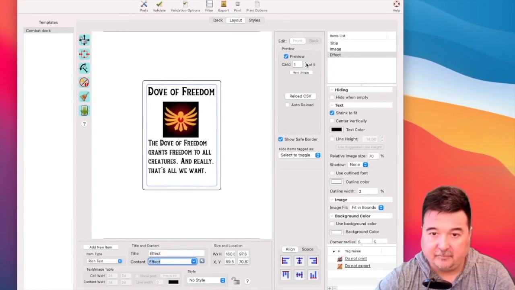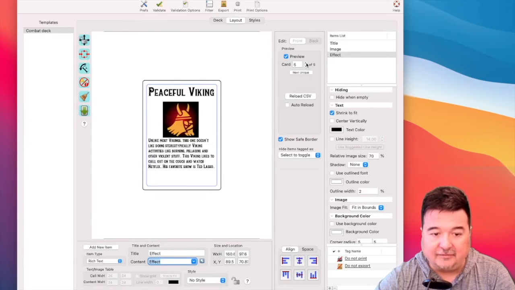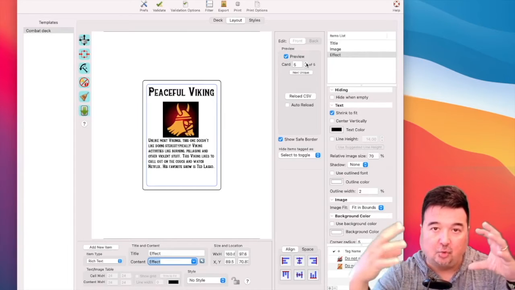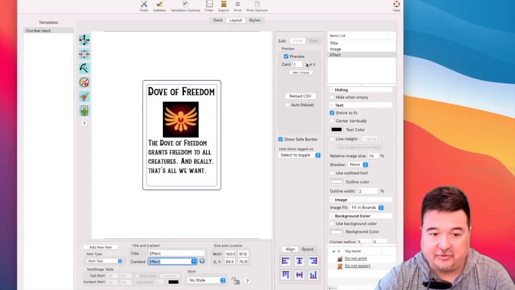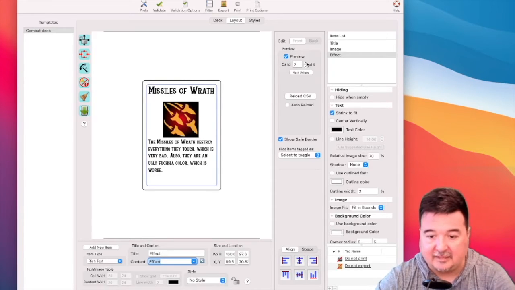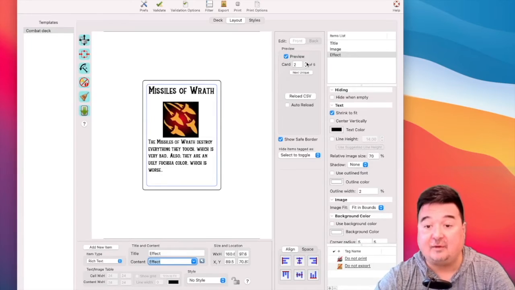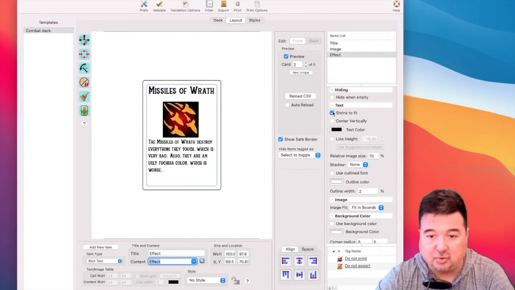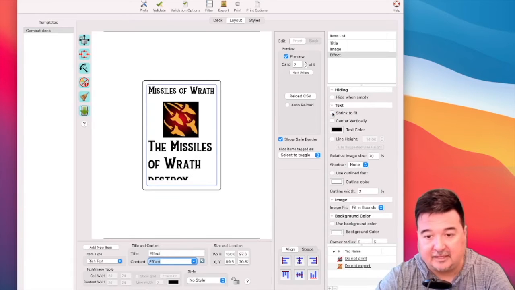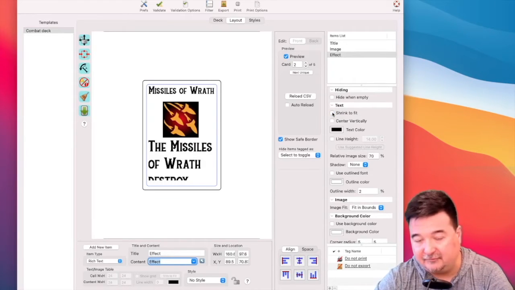Okay, I mean, that's not too bad. One of the nice things about Multideck is it auto resizes the text based on how much text there is. So you'll notice that if there's not a lot of text, the text gets automatically bigger. And if there's a lot of text, then the text font size actually gets smaller. And we could work with that. We can also change those settings if we wanted to. So that's the shrink to fit option. If we deselected that, then it wouldn't do that nifty shrinking